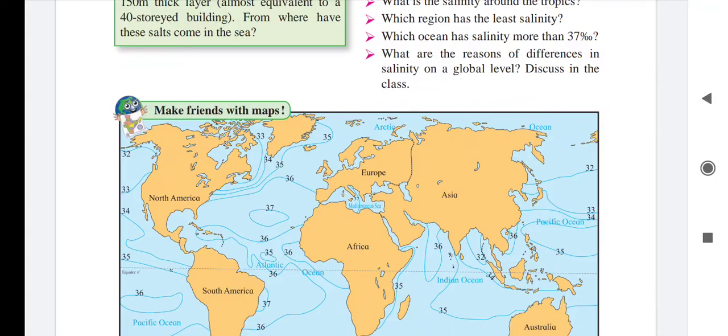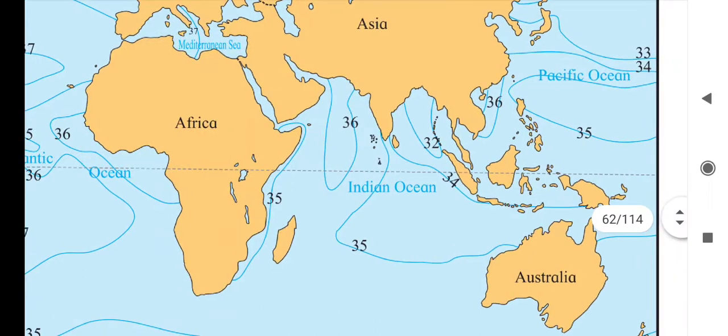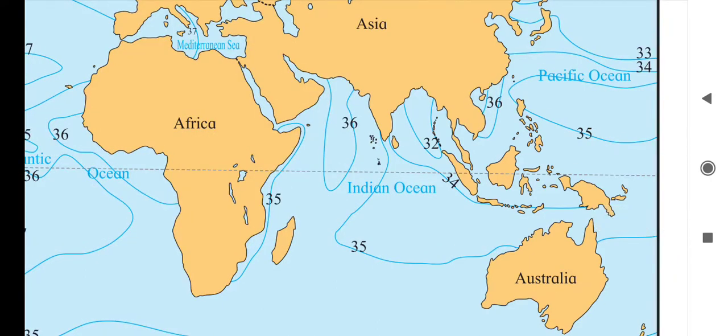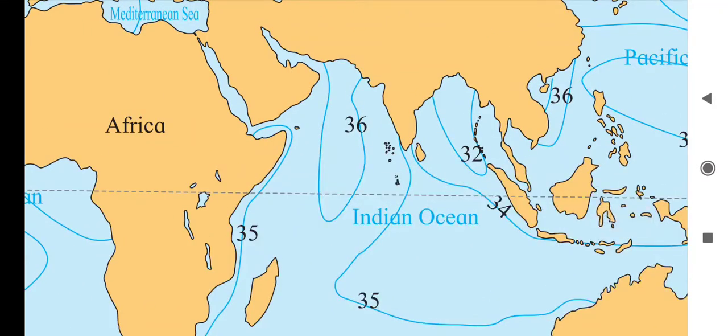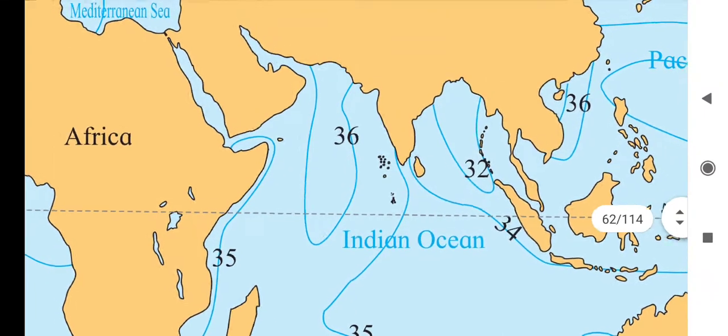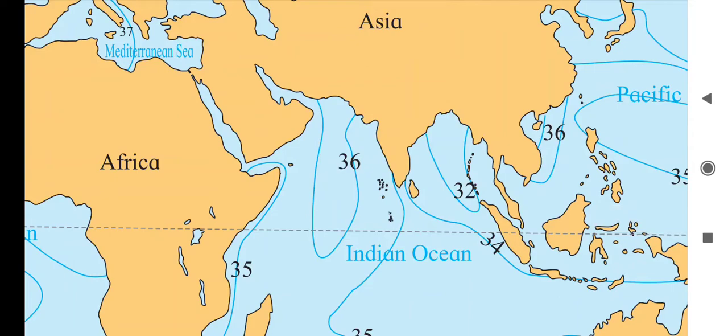Again here, 32 is the number showing, so this is the Bay of Bengal. See India: on the left side the Arabian Sea, then on the south side the Indian Ocean, and here the Bay of Bengal. So we can say the polar region and the Bay of Bengal, in these regions we can find the least salinity. Next question,